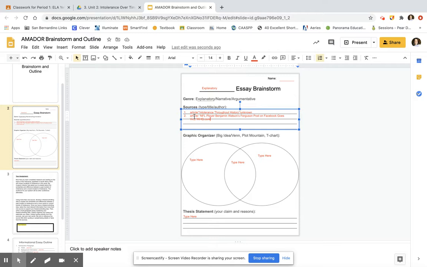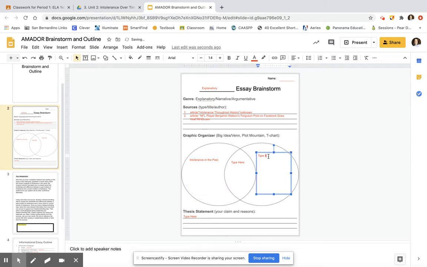All right, now we move on to the graphic organizer. Now, the graphic organizer is going to be how we really start thinking about all the things we need to write our thesis statement. Now, our essay needs to be about the similarities and differences between intolerance in the past and intolerance now. So the way that a Venn diagram works is we look at 2 different ideas. Those exist here, and then the intersecting section would be things that are similar. So we're looking at differences that are singular, and the intersecting section is similar. So over here on this side, this is going to be our section that talks about intolerance in the past.